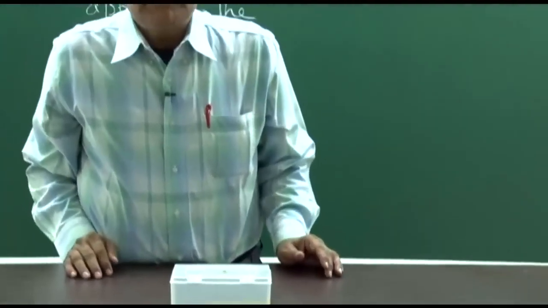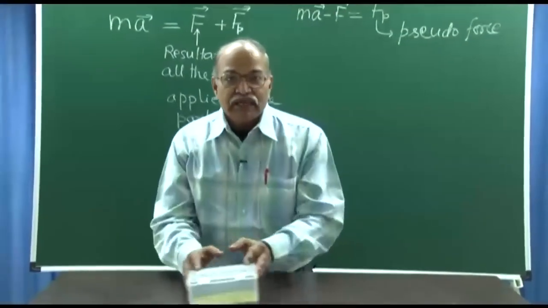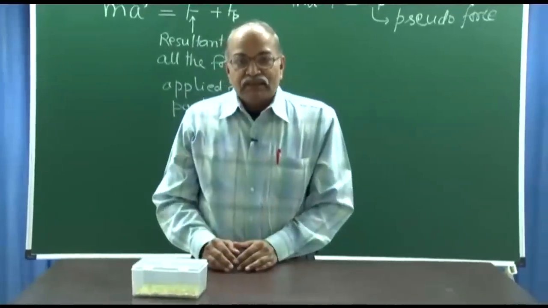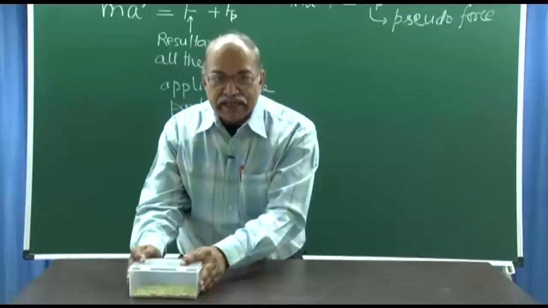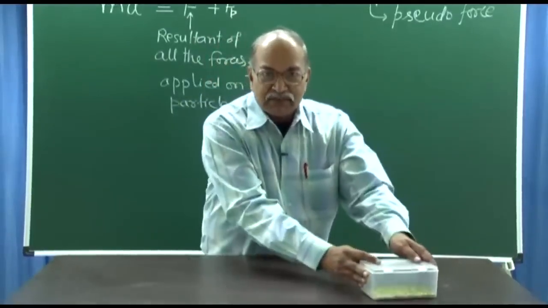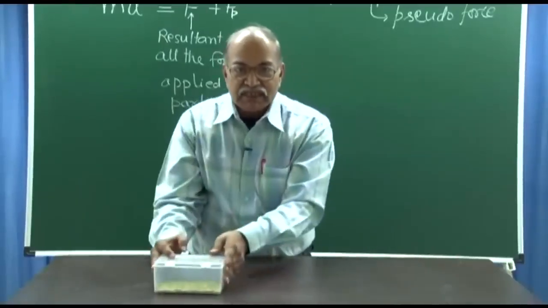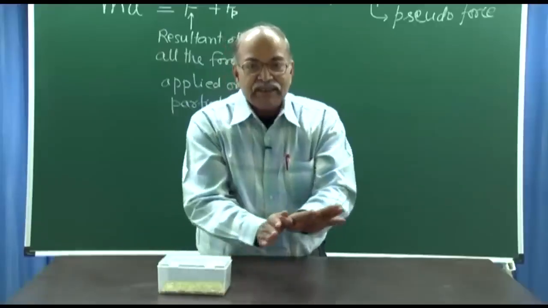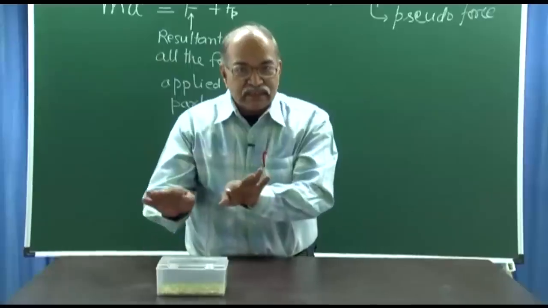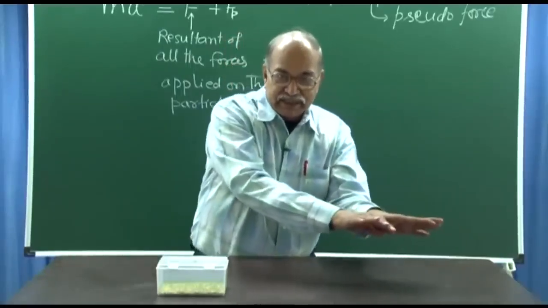So, what have you seen? What did I do? What kind of motion did I give to the box? I took it in one direction. That means I accelerated it in this direction, but then I also stopped it after some time. That means during this motion, first it was accelerated and then it was decelerated. In other words, in the first part, the acceleration was in one direction, and then it is in the opposite